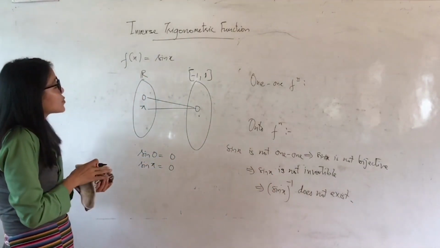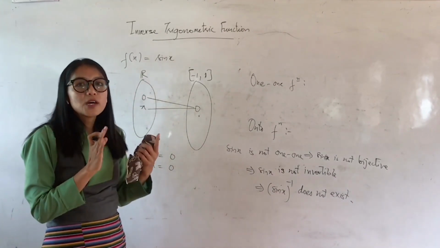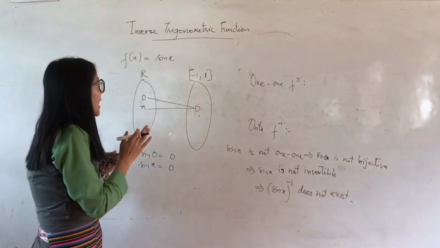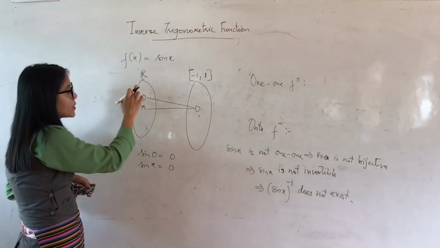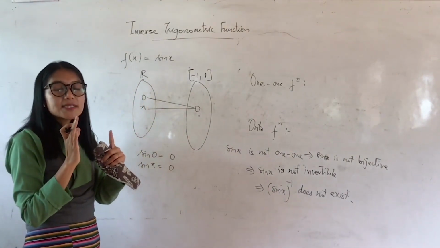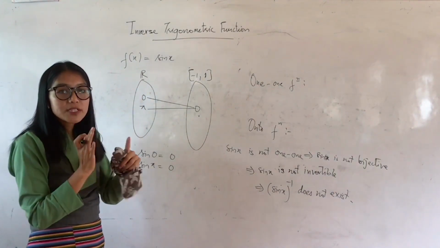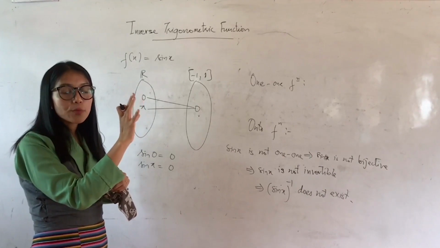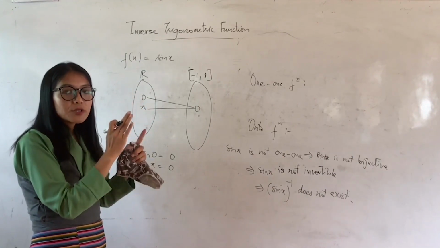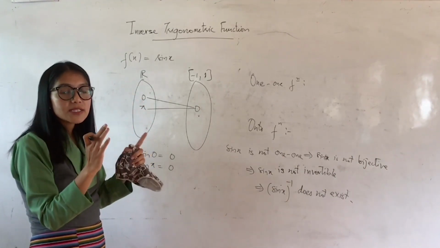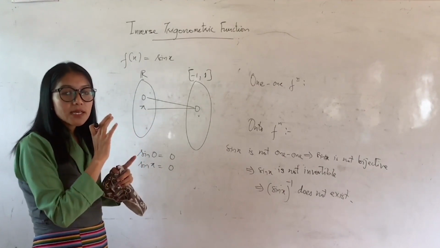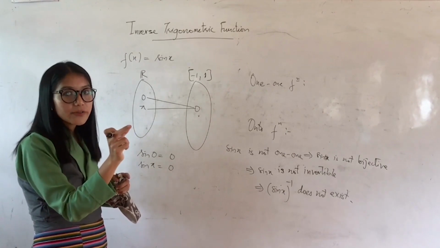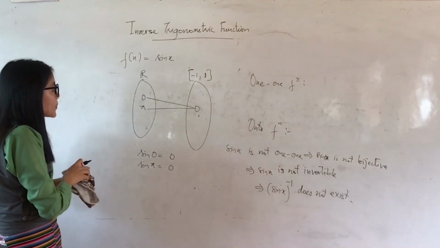Now what I need to do is find out sine inverse. So what I will do is I will try to restrict my domain. Here the domain of sine is the set of all real numbers. So I will try to restrict the domain of sine. Instead of taking the set of all real numbers as the domain of sine, I will make it into smaller intervals in which the sine becomes invertible, so that I can find sine inverse in such small intervals. I will show you graphically.